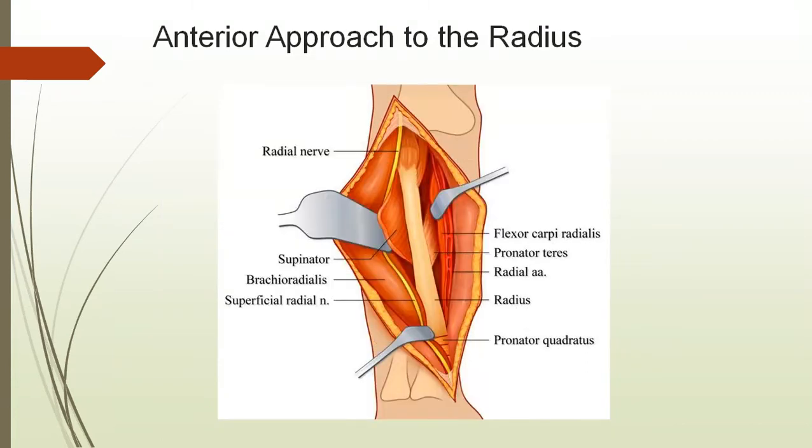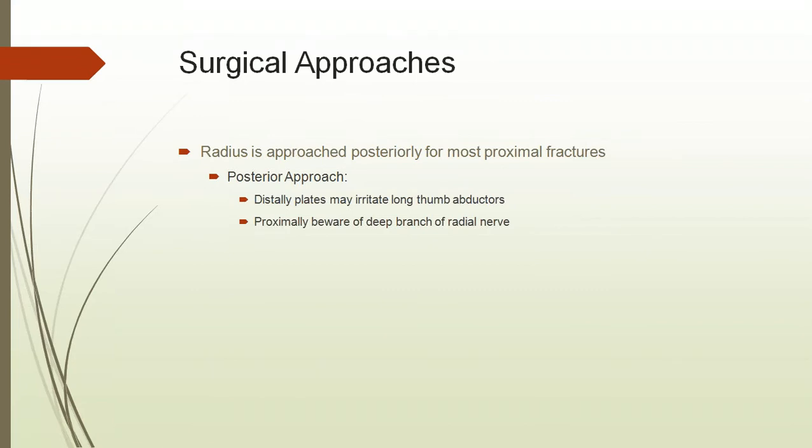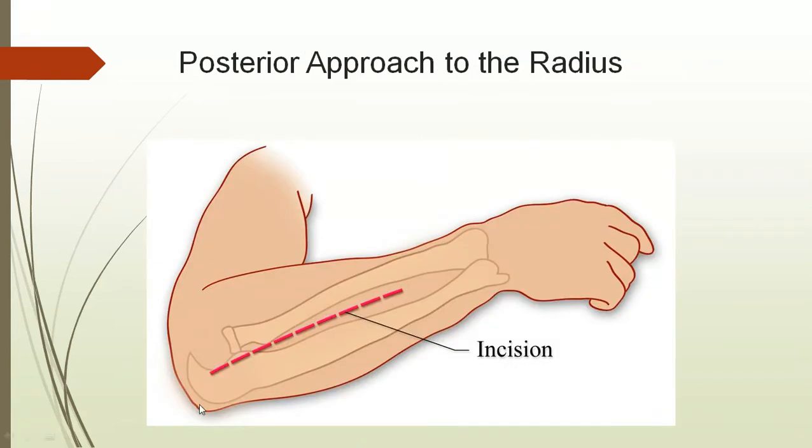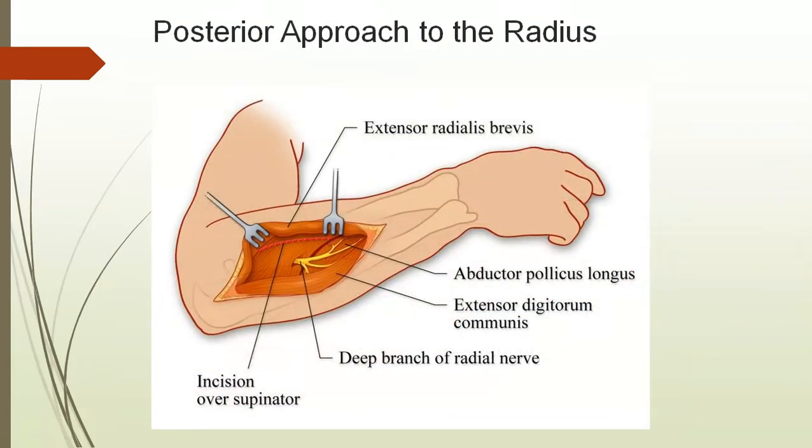Coming to the surgical part, there are approaches, anterior approach and posterior approach. We will do either the anterior approach or posterior, meaning volar approach or dorsal approach, depending on the fracture location. So this is a posterior approach. Posterior means dorsal approach. The first one is the volar approach, which is the anterior approach. Whenever you are doing a posterior approach, you encounter the deep branch of the radial nerve, the posterior interosseous nerve, which is very important, as injury leads to wrist and finger drops.